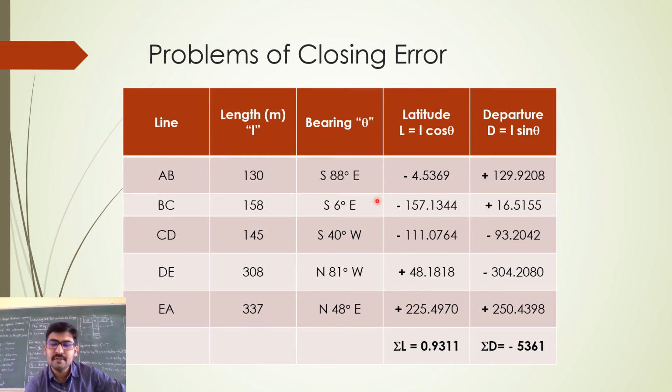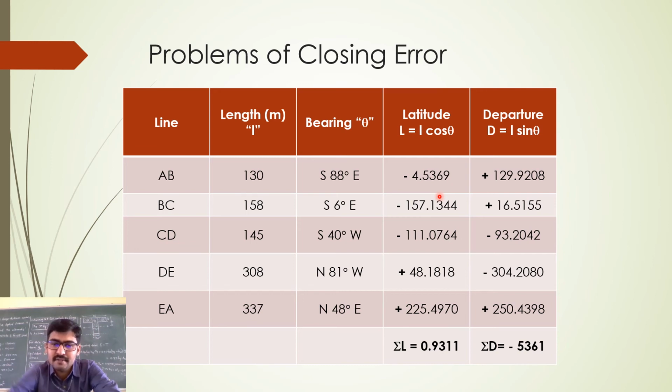Of course, when you are calculating latitude and departure, this theta should be the value here that you have as an angle. If it is given in the whole circle bearing system, then plus and minus can be automatically generated. You remember the problem we solved in the previous class, where theta was given in the whole circle bearing system. Then simply substituting theta into the latitude formula, you used to get the plus or minus automatically. Now here, when the bearings are given in the quadrantal bearing system, you yourself have to put the plus or minus sign.